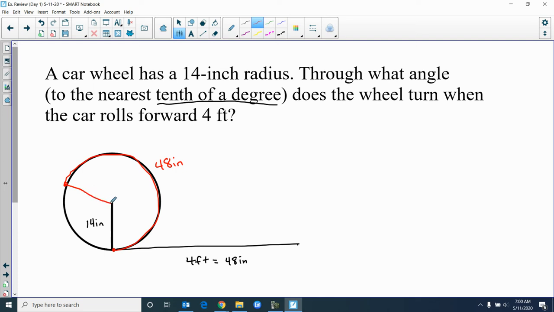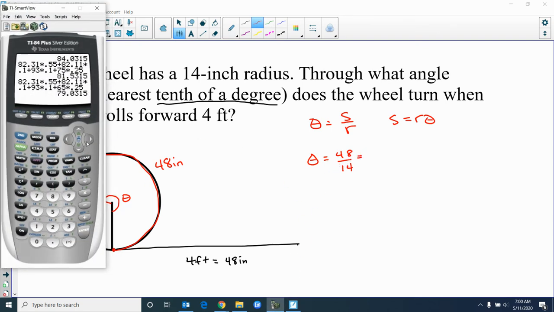And we want to know the angle it rotates through. That would be this angle here. Now we've got 2 things. We've got theta equals S over R, which translates to S equals R theta. Either one of these will work. Well, we're looking for the angle, so I'm going to use theta equals S over R. And so theta equals 48 divided by 14, which is